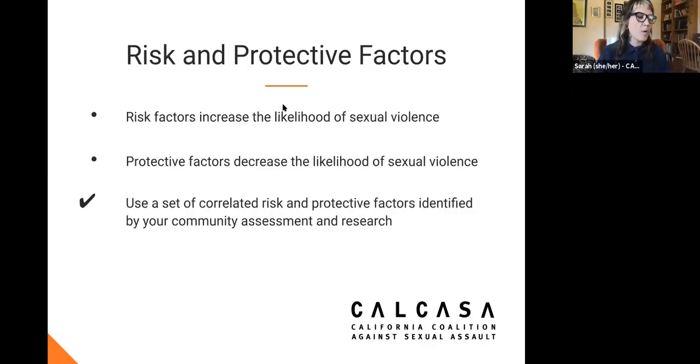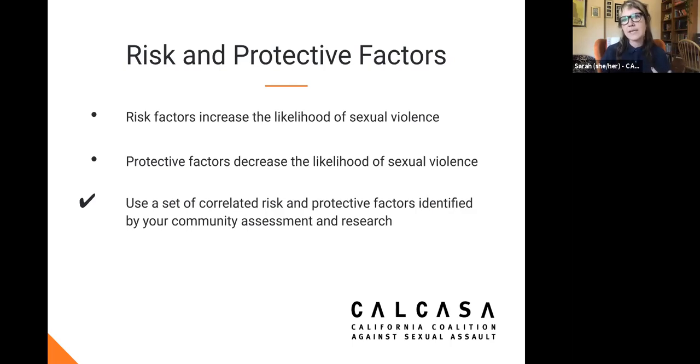On this slide, you can see what risk and protective factors do. Risk and protective factors are a framework of things that exist in the world that correlate, and not cause, positively or negatively, meaning that they either do or don't, with sexual violence, only from a research perspective. Risk factors don't mean that the risk of sexual violence is increased, only that research indicates these things correlate. For example, smoking is on the risk factors list for sexual violence. That doesn't mean that if someone starts smoking cigarettes, they've increased their likelihood to experience sexual violence. All it means is that there is a correlation between those two things, which is likely due to underlying factors related to the social determinants of health,